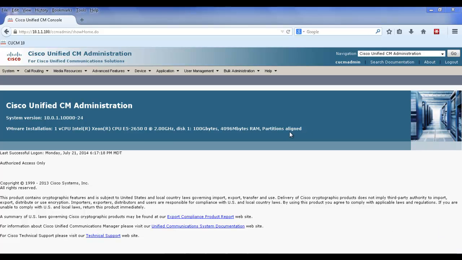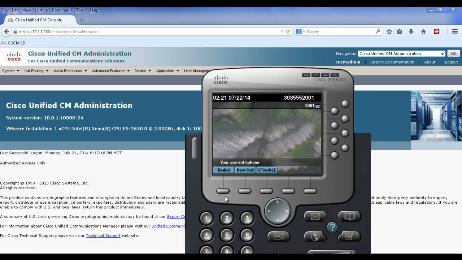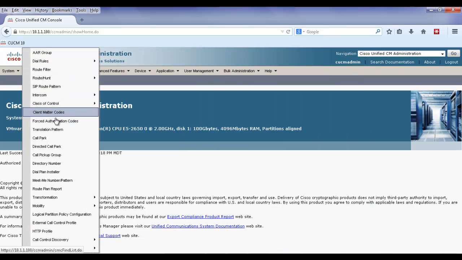To demonstrate this, I have an internal user's phone that has a 4-digit directory number. However, outside PSTN callers are going to be dialing 10 digits to reach this phone. So I'm going to have 10 digits coming in, and I need to turn that into 4 digits in order to continue the call. To accomplish this, I'm going to create a translation pattern